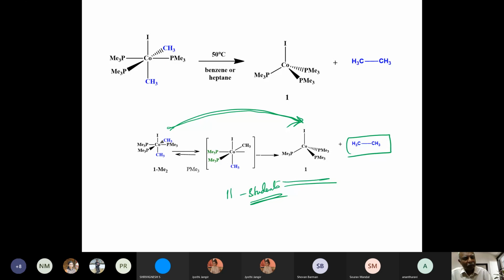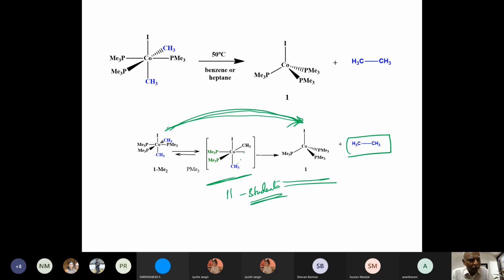Why? Because the formation of a methyl-methyl bond is involved. And if I want to form a methyl-methyl bond, I would like to have a system which is having the two methyl groups close to each other. If I have an octahedral species, the methyl groups will be close. If I have a pentagonal bipyramidal or a square pyramidal intermediate like this, then the groups are likely to be further away. So I would say that this goes directly here.